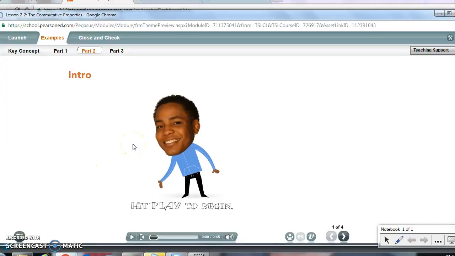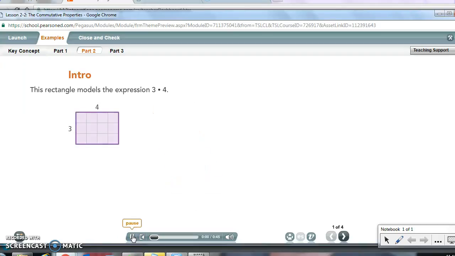Today we'll be doing 2-2 part 2. This rectangle